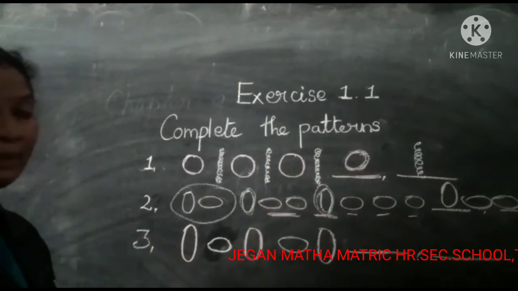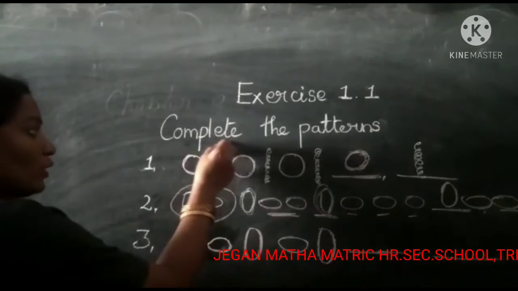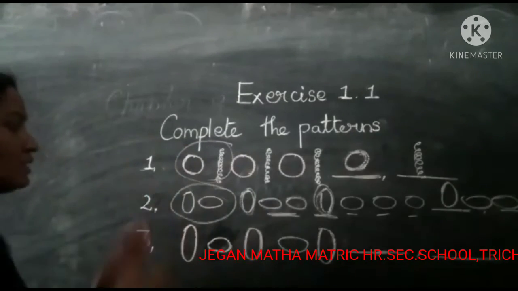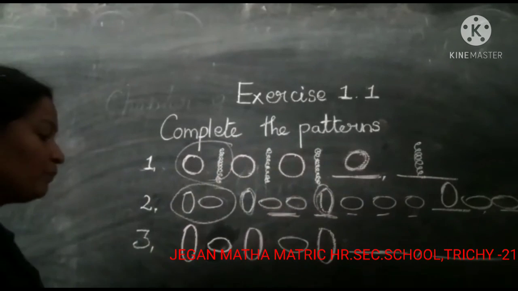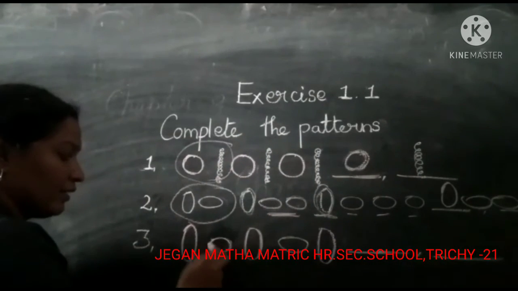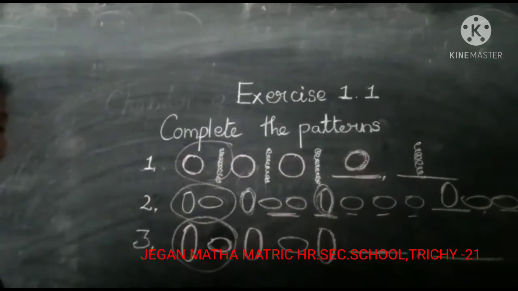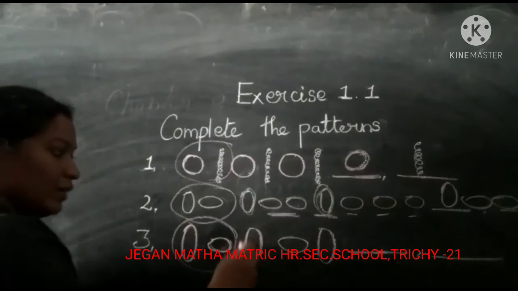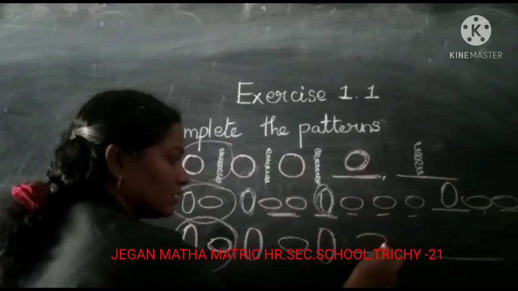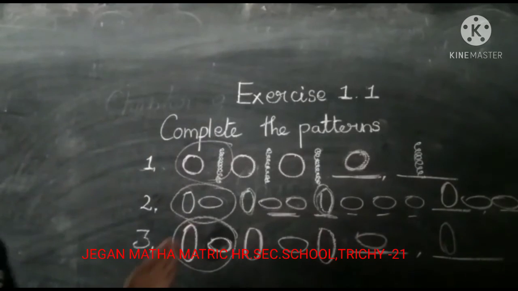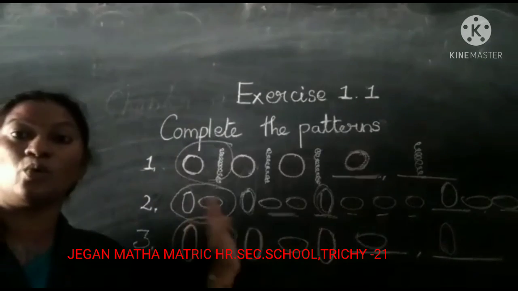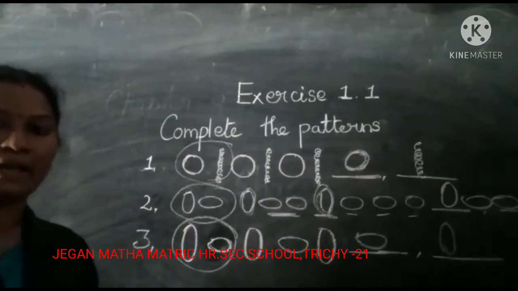And this is also a repeated pattern. One group of this pattern is repeatedly formed. Similarly the third one also, straight and left. This is one group of the pattern. Again an oval shape forms. So here you want to draw like this. The oval shape is repeated, so it is an oval shape repeated pattern.